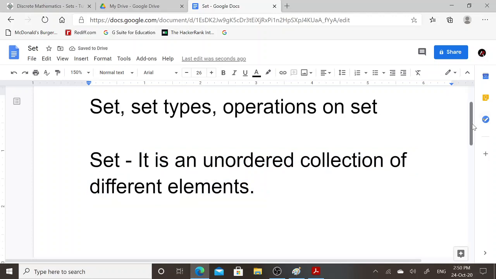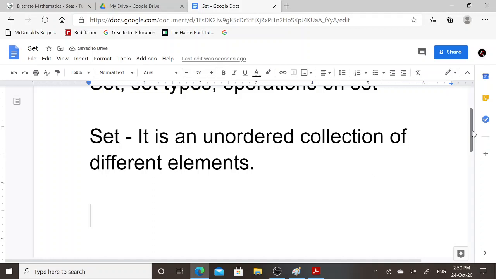How can you define a set? Consider an example. The set name is A equal to open curly brace, close curly brace. Set elements are enclosed within an open curly brace and a close curly brace, and these elements are separated by commas.